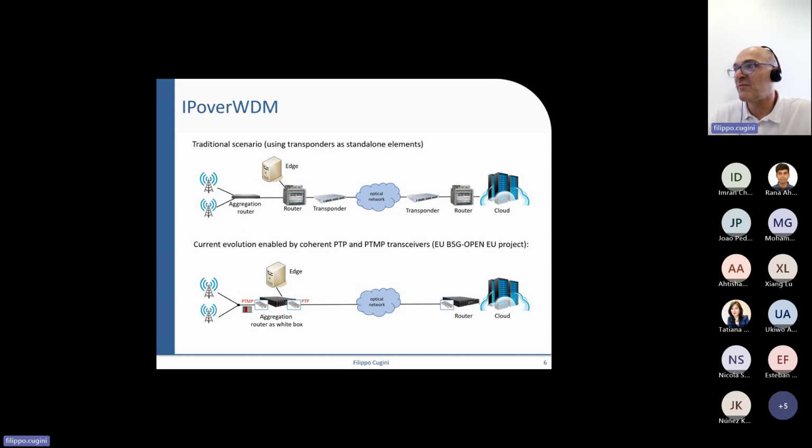Actually, it's interesting also to see that this could happen towards the access side, because now there are point to multi-point pluggable interfaces available, and as you can see, they could also avoid the presence of aggregation routers. So now imagine being an operator. In the traditional scenario, you need to manage aggregation routers and transponders, each with its own operating system, with its own management system that needs to be maintained, upgraded, and it may fail. And now you are only managing a single device with a pluggable solution.